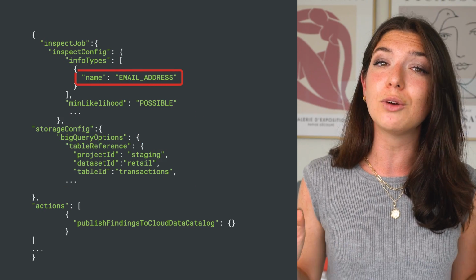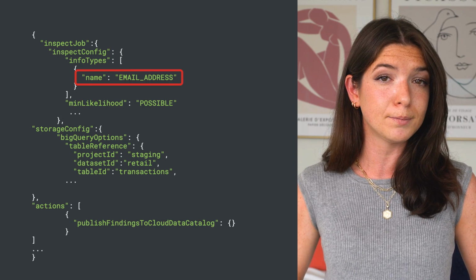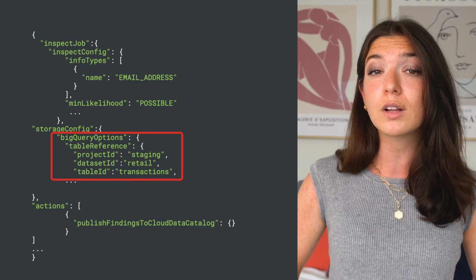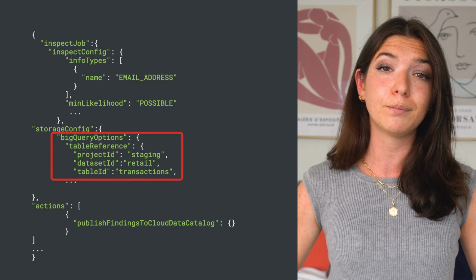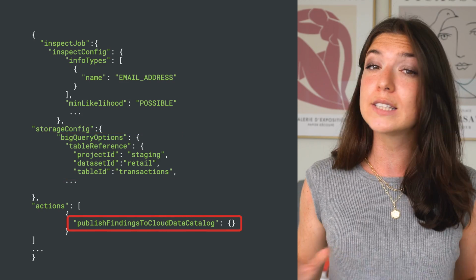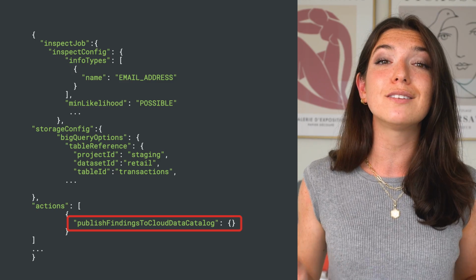With DLP, you can create an inspection job that scans comments for email addresses. DLP can scan data that lives in Data Store, Google Cloud Storage, or BigQuery, and can send you an email with the scan results. Save the results back to a table inside of BigQuery, or even write the results directly